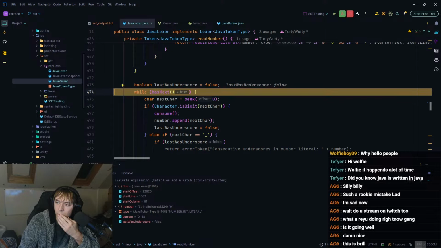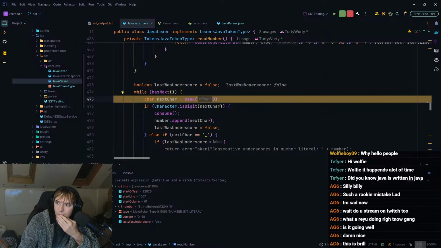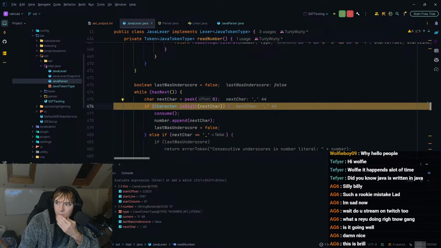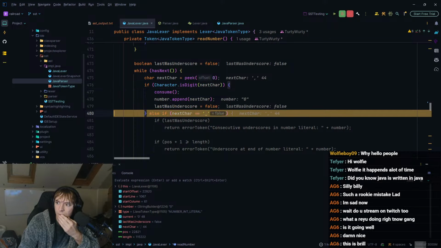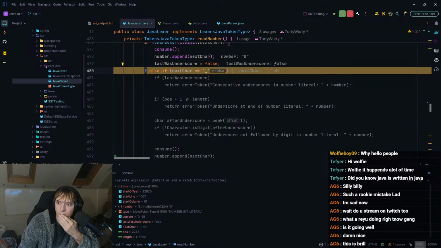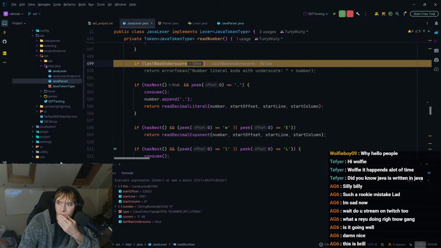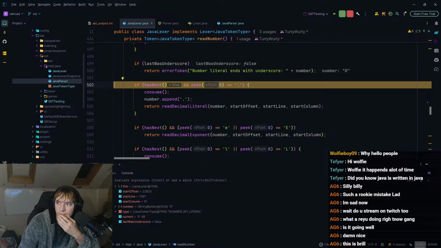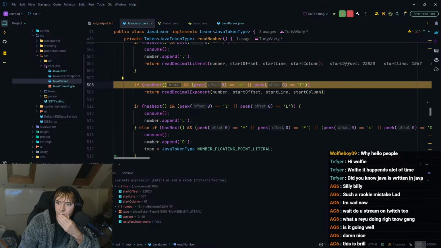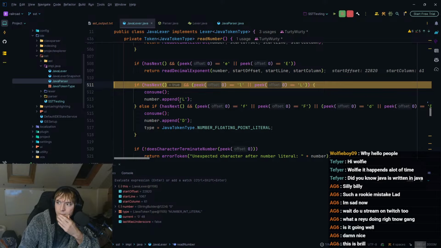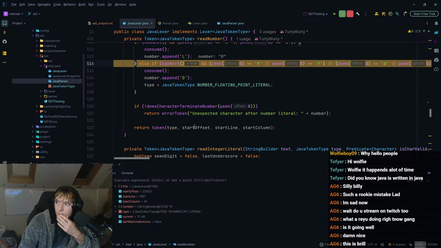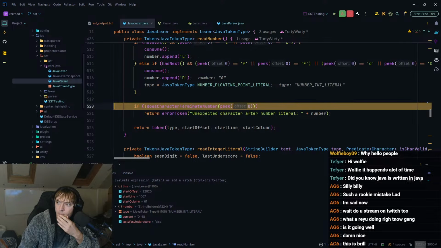Okay. So while has next character is equal peek. If it's a digit, I don't care. If it's an underscore, don't care. If has next and peek 0 is equal dot, no. If has next and peek 0 is... no. If not, does character terminate number?